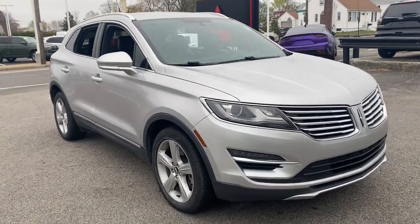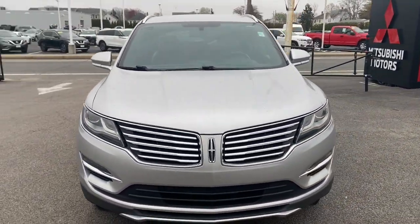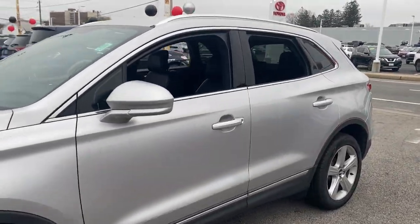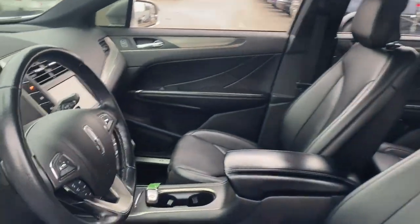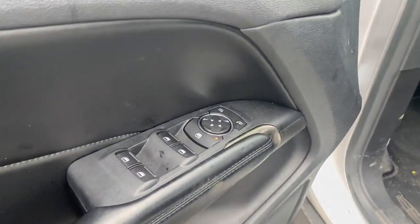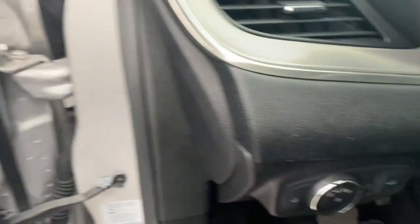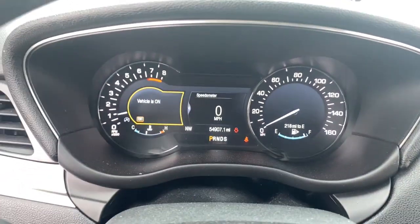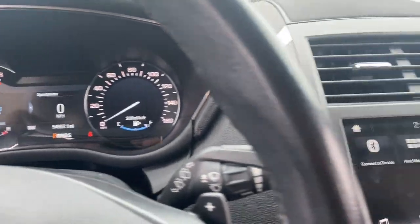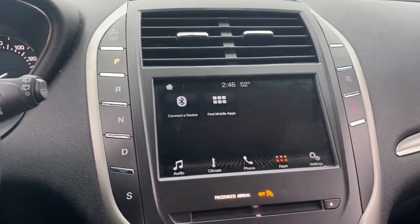Hop into the 2017 Lincoln MKC. This vehicle is an outstanding buy with fewer than 60,000 miles on the odometer. Here's an elegant and capable MKC, the compact SUV that prioritizes passenger comfort and amenities while delivering a powerful, agile drive. A wide range of available options lets you follow your heart to create a personal travel experience that is